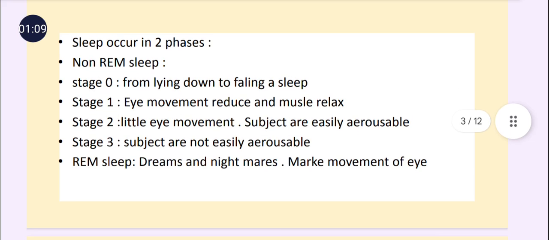Actually, what is meant by sleep? So sleep is divided into two phases. One is non REM sleep and another is REM sleep. Non REM means non rapid eye movement sleep, and REM sleep means rapid eye movement sleep. So non REM sleep is divided into three stages, that is stage 0, stage 1, stage 2 and